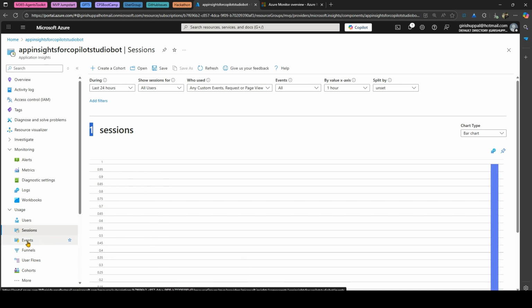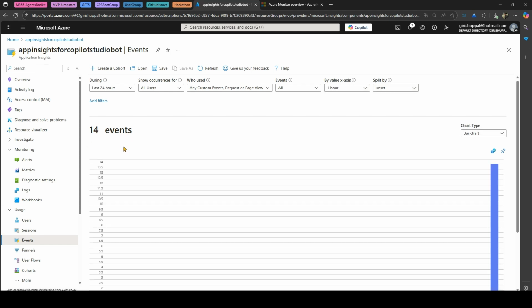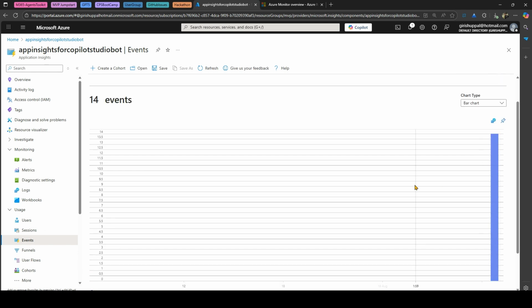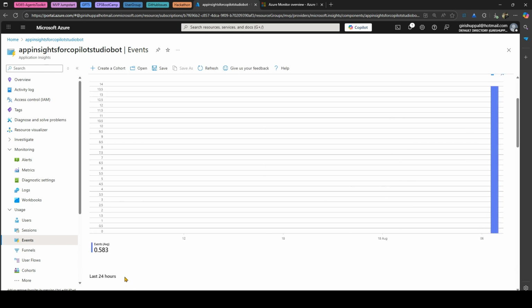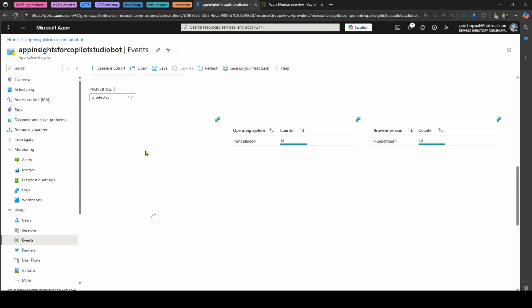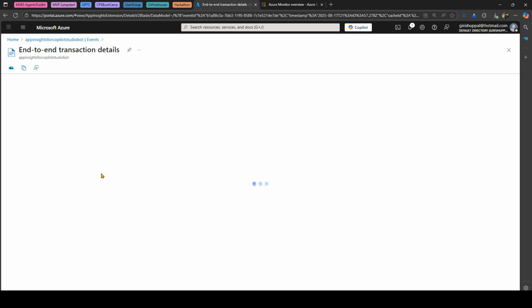Now if you go into events, in the last 24 hours, it can see that there are 14 events which have taken place. Now this is that bar which you can see. Now if you go to view more insights, you can see there is one user, one session, and this is the count. And let's see what all things we have done. So if you see crf09 agent 1 topic conversation start, bot message sent, bot message received, overall. So if I click on overall,